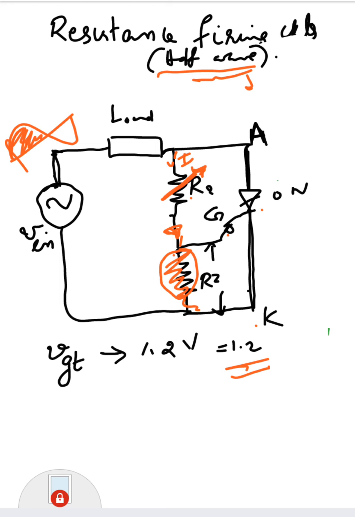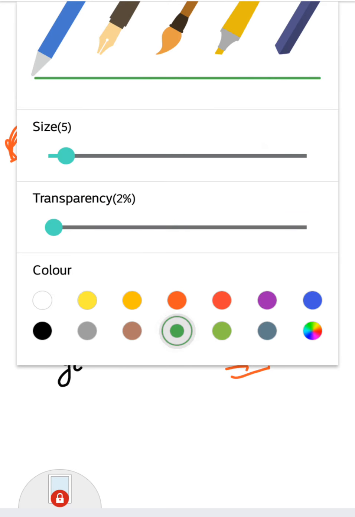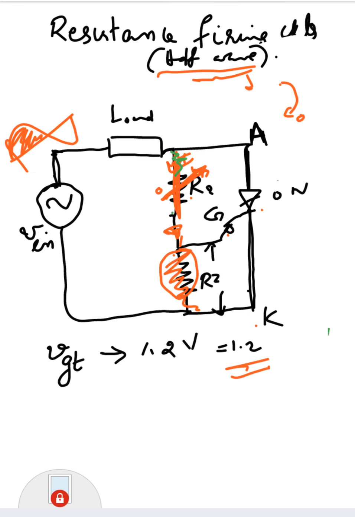Okay, now another thing: I told you that R2 is a variable resistance. So this resistance you can vary from 0 to maximum. Assume that this R2 is in the 0 position. What's the meaning? There is no resistance included, because R2 is in the 0 position. In that case, when R2 is equal to 0, the current may become so high that the SCR may be damaged. Because there is no resistance here, the current can be very high, it may damage the SCR. So to avoid that, we'll also use a protective resistance R1, which will be connected permanently here always. Even though R2 becomes 0, R1 is there to limit the current.